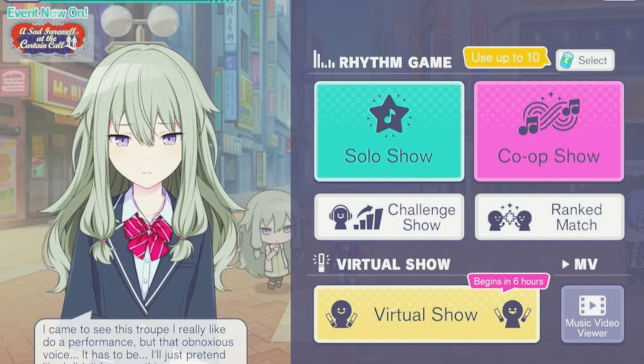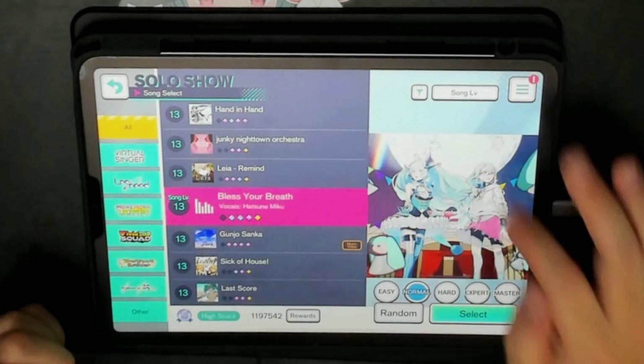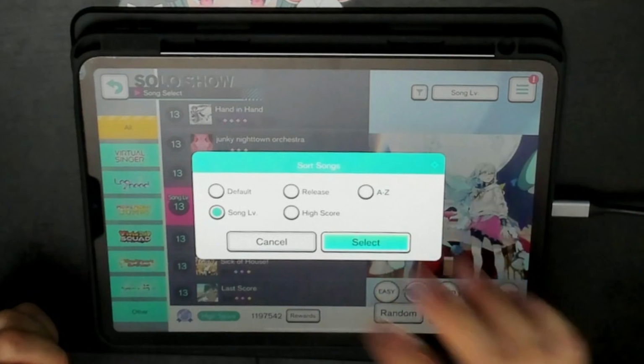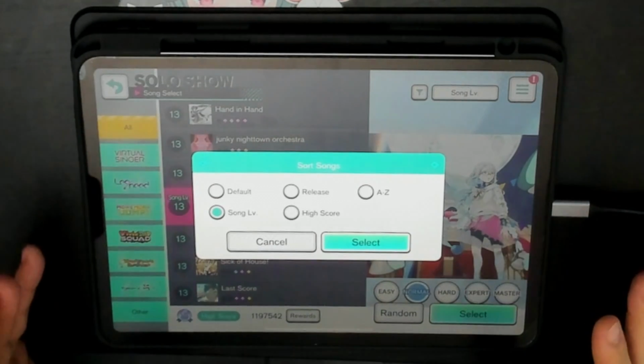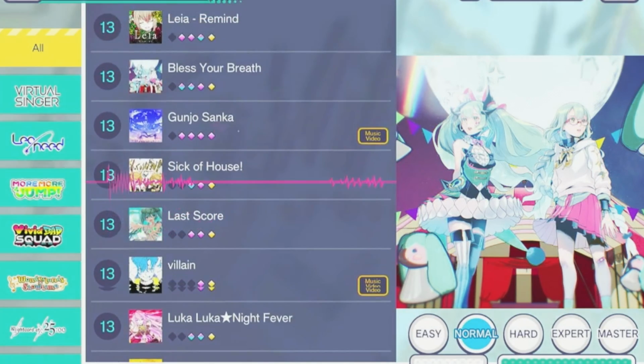Alright, so now let's pick solo show, and this takes you to the song select. Now, by default, the game gives you a ton of songs right off the bat. I like to sort at the top here by song level, but you can sort it in any way that you feel is good for you. So you can scroll around and find a song that you like, and the next thing to do is select